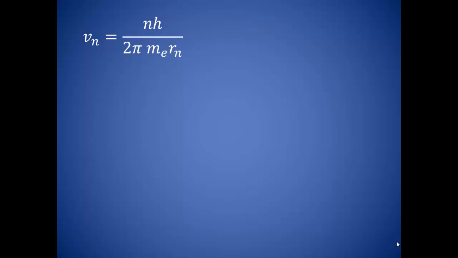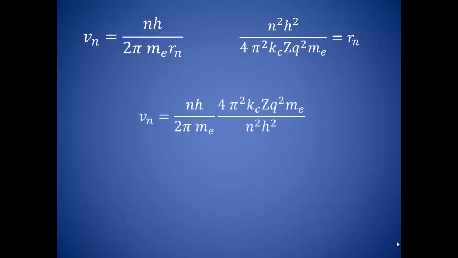Let's go back to our equation for the speed of an electron in orbit. The thing is, it depends on the radius of the orbit, and that can be kind of problematic. So we're going to take this whole expression for the radius of our orbit and plug it into our velocity equation. Take a moment to quietly freak out, and then start combining some terms. We have an n that can be canceled, as well as a pi and a 2, and the mass of an electron. Oh, and an h. That leaves us with a velocity equal to 2 pi times Coulomb's constant times the atomic number and the fundamental charge squared, all divided by n and Planck's constant. So this equation gives us the speed for an electron in a hydrogen-like atom.